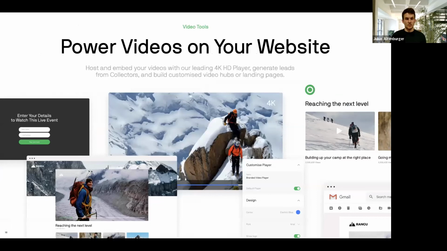Then moving on to our video tools. We are offering a lot of tools to power video on the website, which is done with a great fully customizable video player.